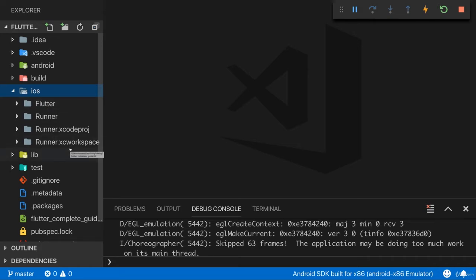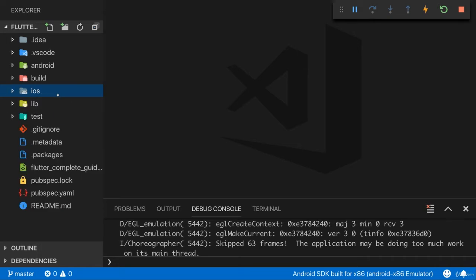Xcode is the development environment of macOS for iOS apps, and just as with the Android folder, this is a folder where you really won't work in too much. There are some occasions where we will do some work in here, but I will mention when this is the case. For the most part, this is a passive folder which gets kind of merged with your Flutter code in the end, and which will all be managed by the Flutter SDK to get iOS applications, both for development and testing, as well as for the real application in the end which you deploy.